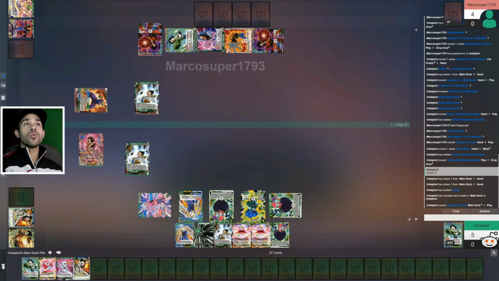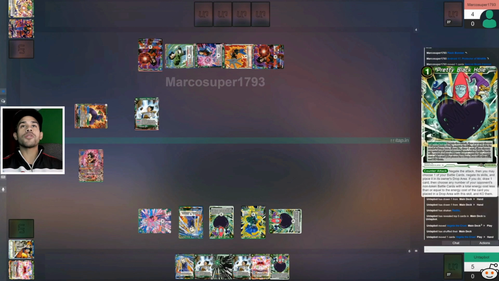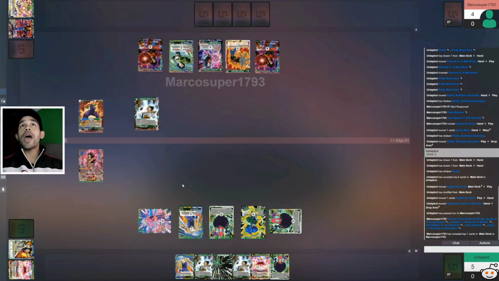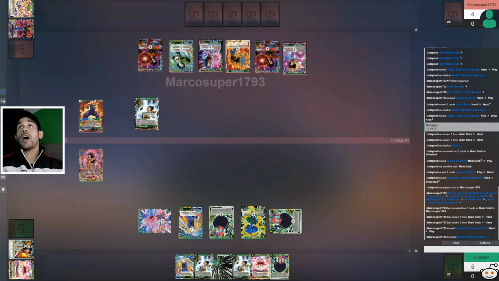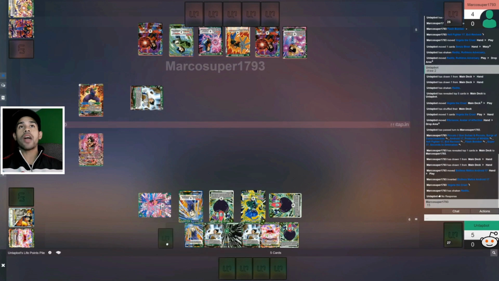So I draw 2 cards from the Raditz. So then I use Raditz's ability, pick up the top 5, and I place it in my hand, and then I drop the Ribrianne. And I pass my turn. The reason I did not attack him that turn is because I do not want to drop him down to 3,